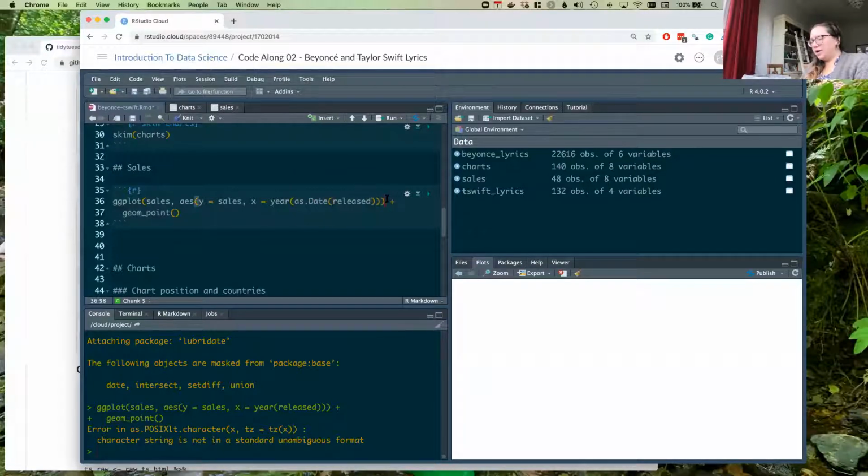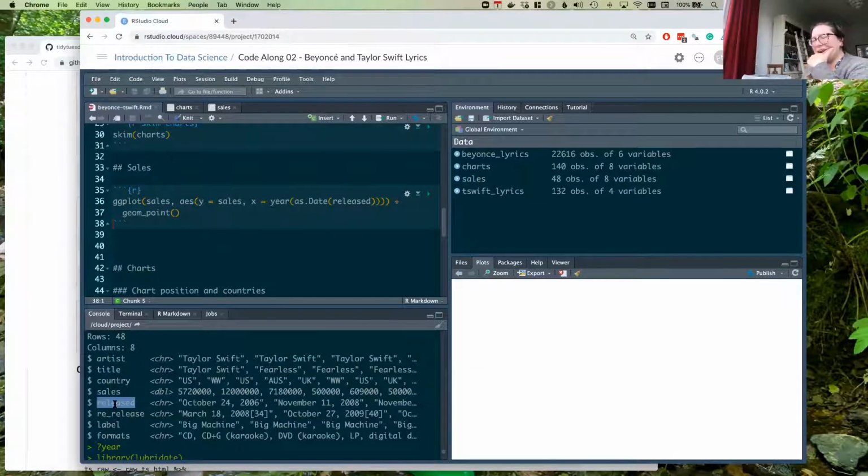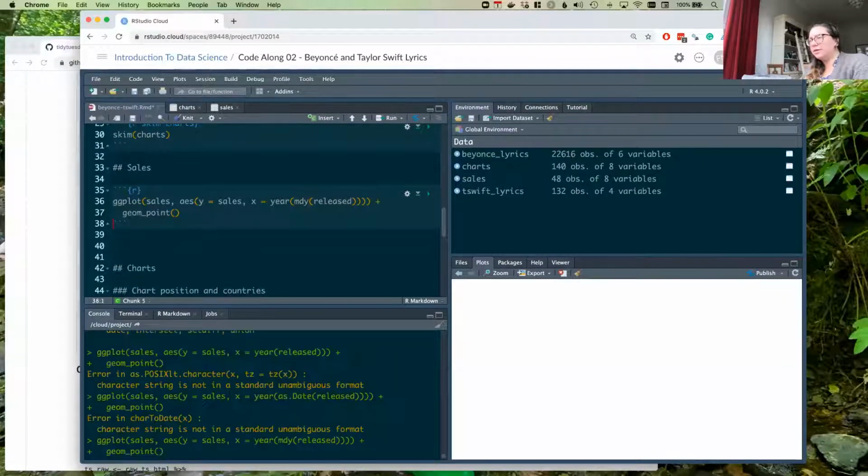Every single thing we're trying requires one additional thing that we need to do. Let's take a look to see what we have here. So these are character strings, and we want to actually just get the years out of them. How might we go about doing that? It's usually able to recognize any character string that looks like a date, but this is month, date, and then year.